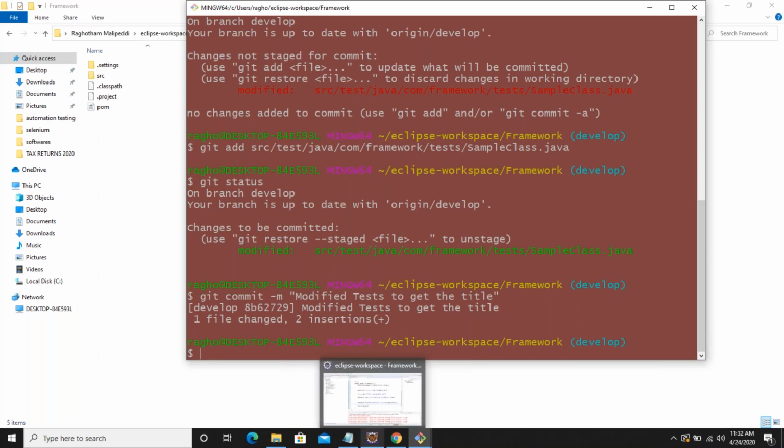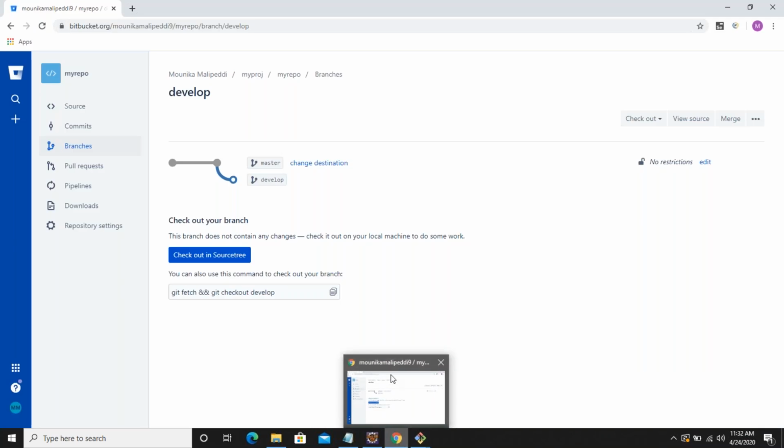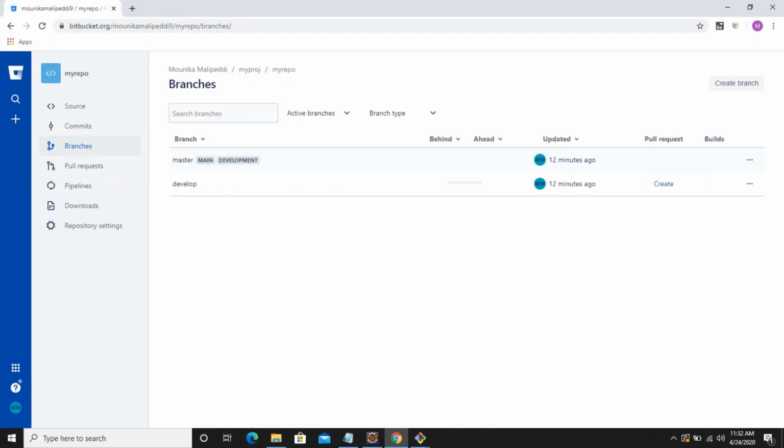Now I will go to my central repository to view whether the file is there or not. So I'll refresh it. Now I'll click on the branches and I'll click on the develop branch, because previously we have only master, but we created one more branch, develop branch.